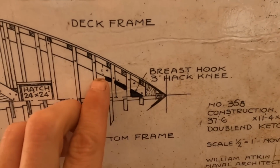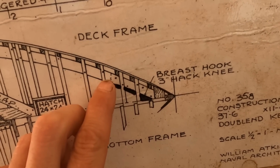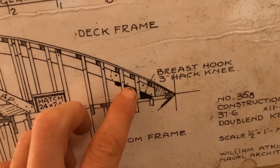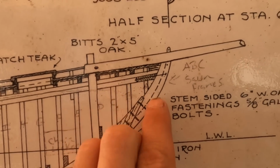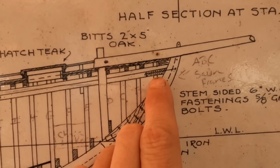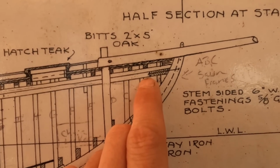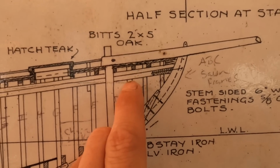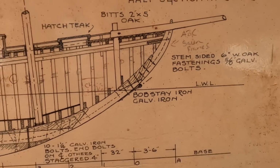So you can see I've highlighted the breast hook here in black. You can see where the dotted line goes. That's underneath the shelf. So this right here is the breast hook. So he has solid blocking from the stem past the first frame, and then the breast hook goes on the inside face here of the clamp and goes all the way past the third frame. So that is